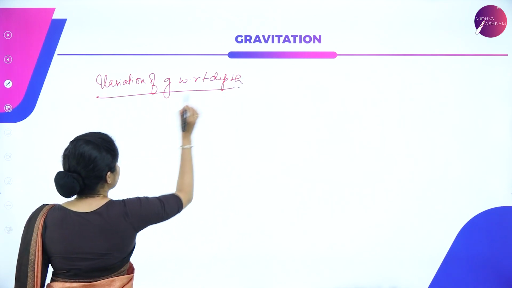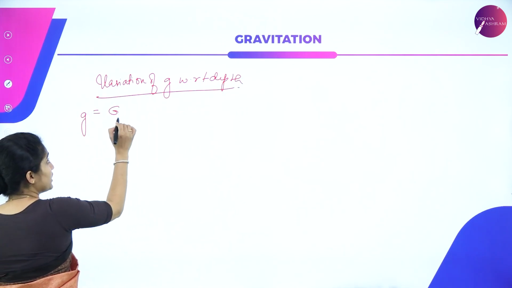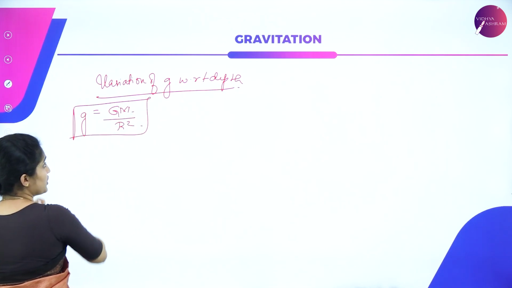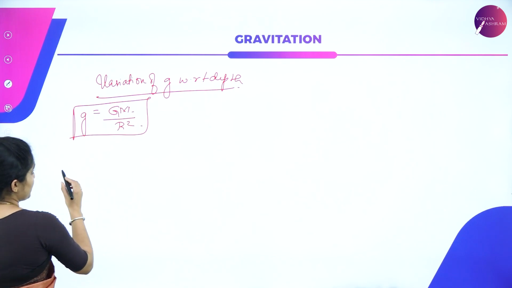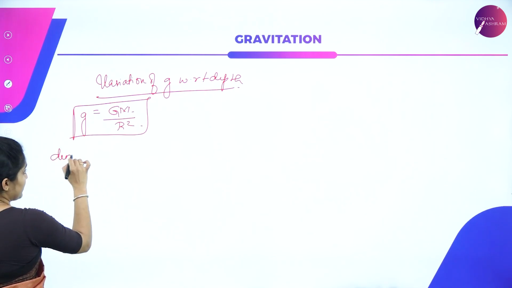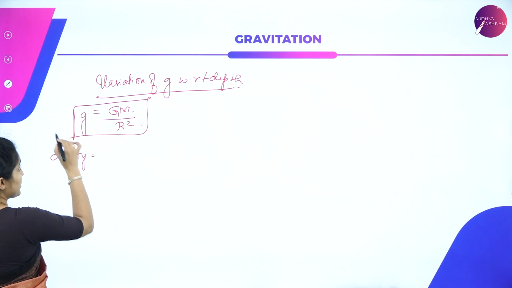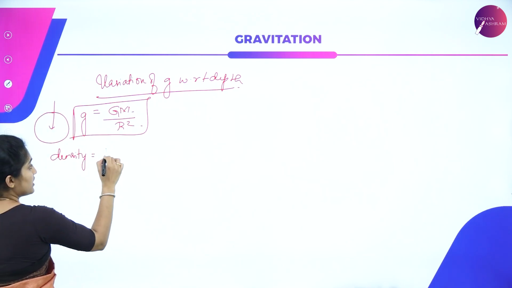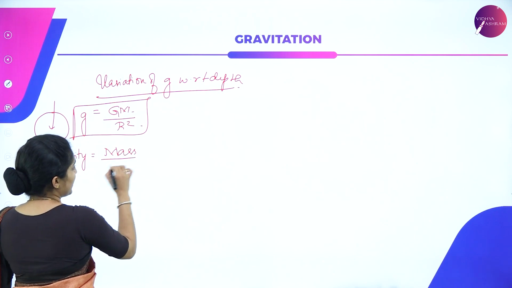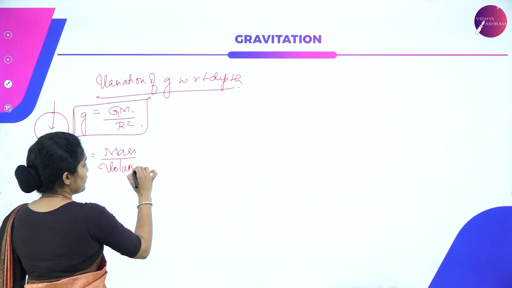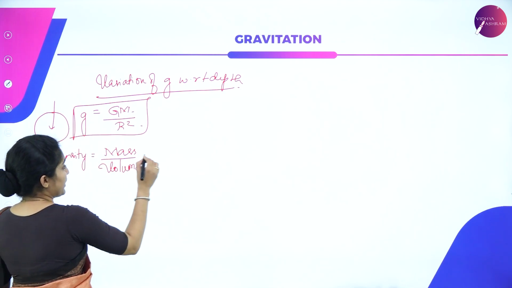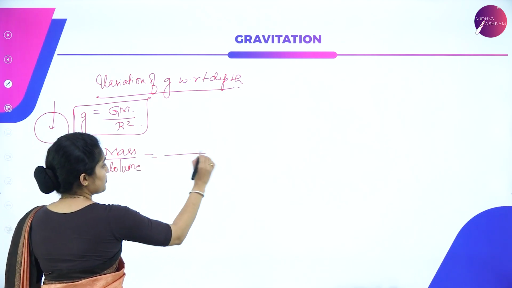We know that g is equal to GM divided by R square, which is the general notation, for which we have density. We take the density of the earth within the depth we are checking. Density is mass by volume, with mass and volume with respect to the earth itself. It is spherical in shape, so the volume of a sphere is